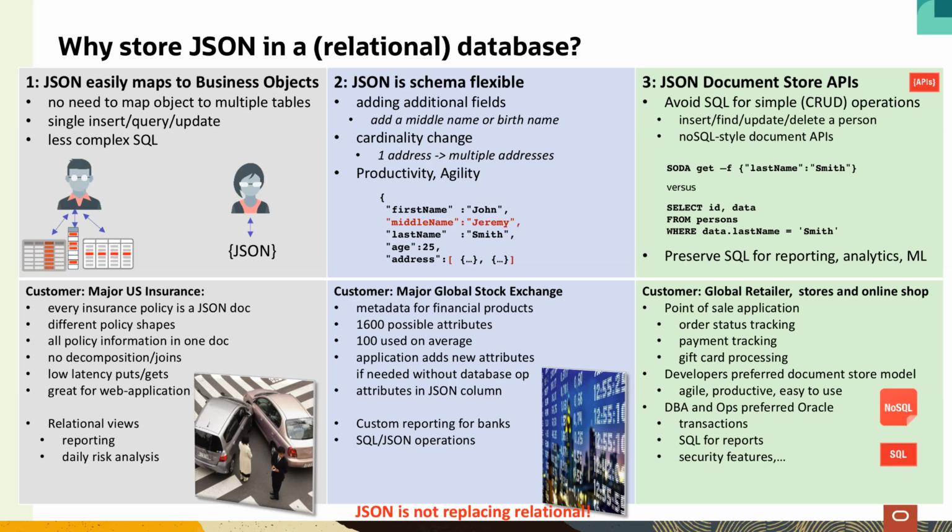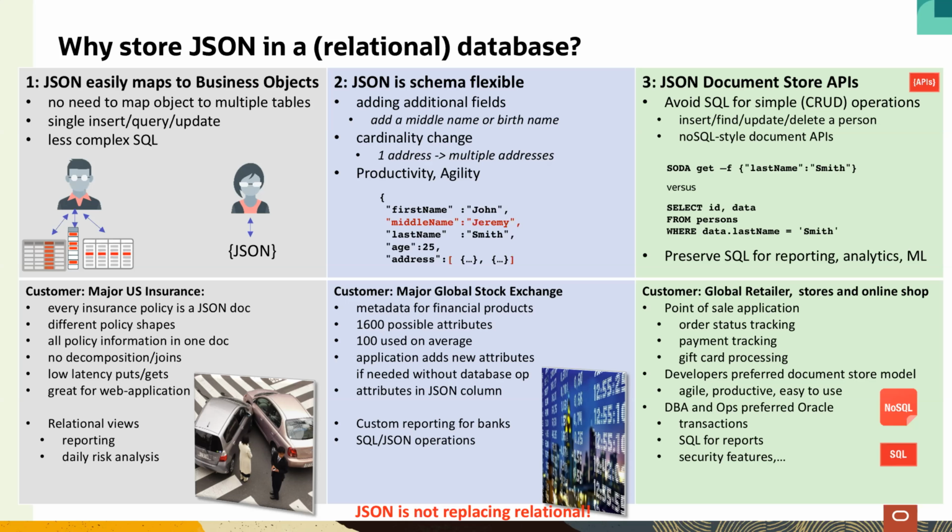We also saw some performance reasons. This was a bit surprising, as you may think, oh, JSON, it's a big data structure. It's probably making things slower. That may be true in some cases, but not in all. We had one major shipping company who replaced a normalized storage with, I think, 12 tables or so with JSON. And they actually saw that if you want to fetch your shipping information, or insert your shipping information, having it in one JSON document was a lot faster than having to go after multiple tables.